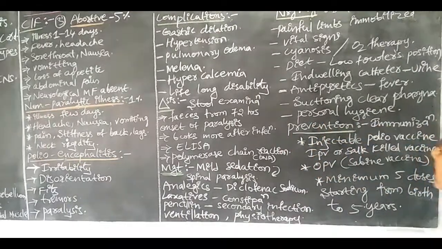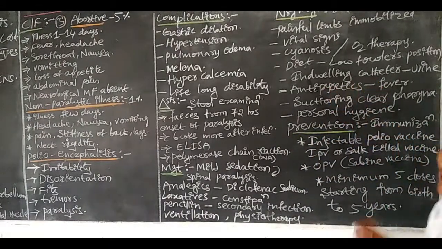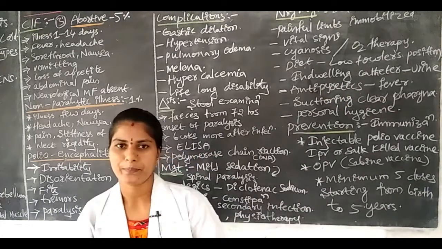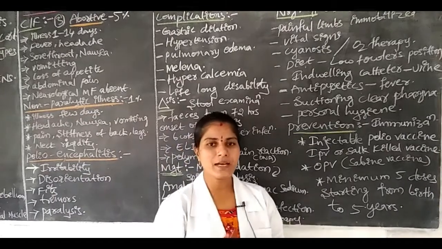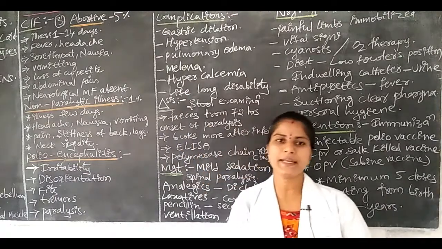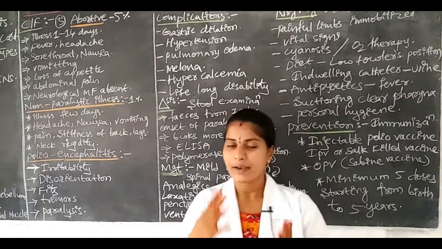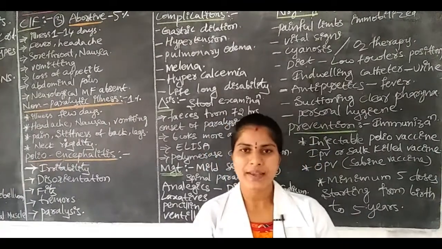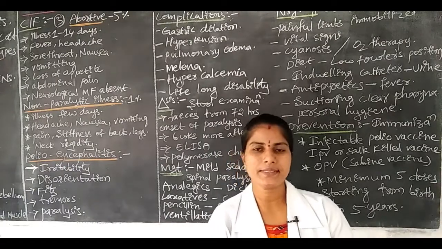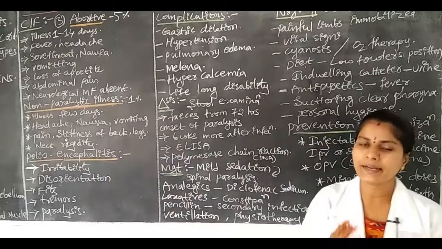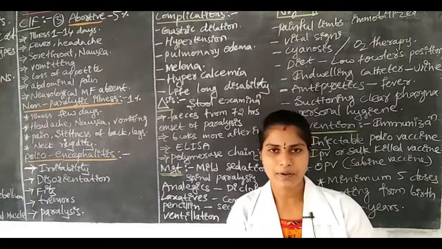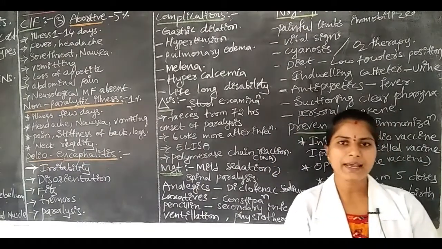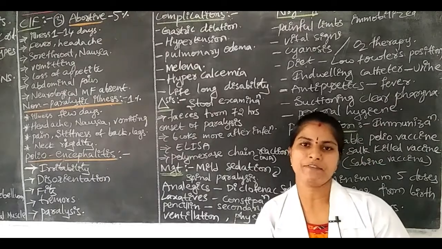Okay, next one is the indwelling catheter. Why do we use the indwelling catheter? For collection of urine. Why? Because sometimes the central nervous system will be affected. Okay, the nerve impulses are not received or transmitted. Here the children excrete urine involuntarily. So for control of bedwetting, we have to use the indwelling catheter for collecting urine safely.